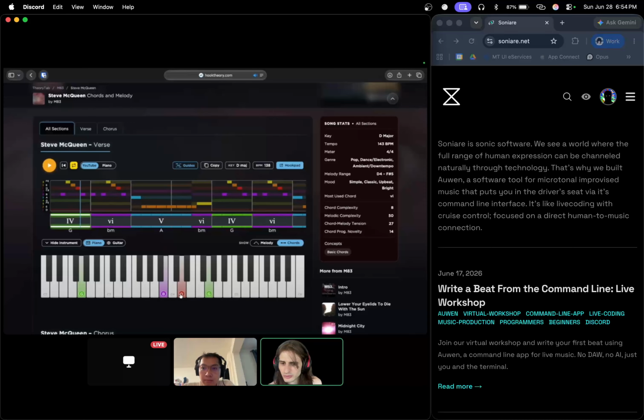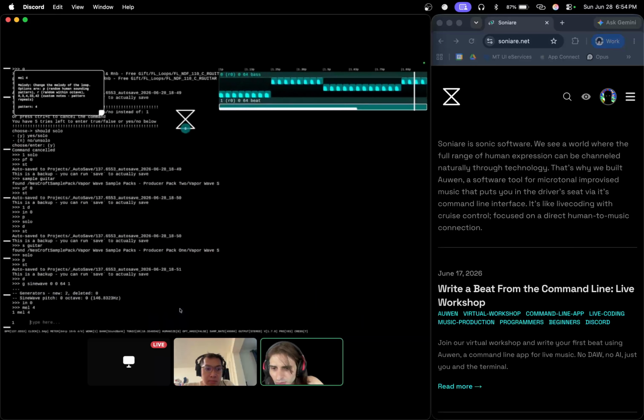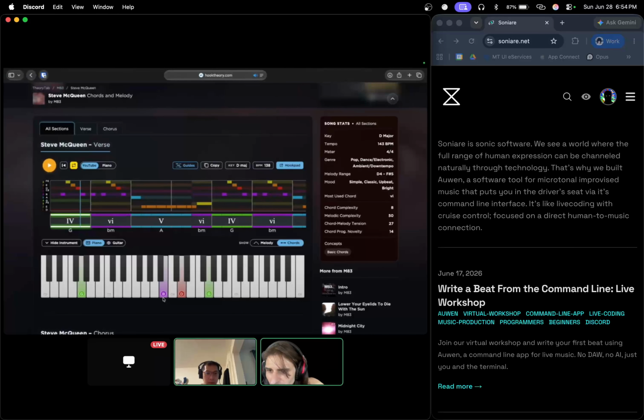Okay, so we'll start at B, which is 5, and then we want to go up. How many keys did we go up there? Let's see. So we have 1, 2, and then 3, 4, 5. I think it's actually, you got to count the black keys too. Wait. No, it's different because we're not using a chromatic scale, we're using the major scale, so we actually just need to count up slightly differently. Oh, right. Yeah, so B to D is 2, and then D to G is 1, 2,